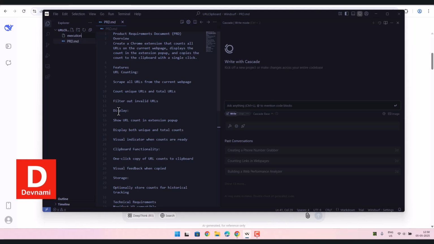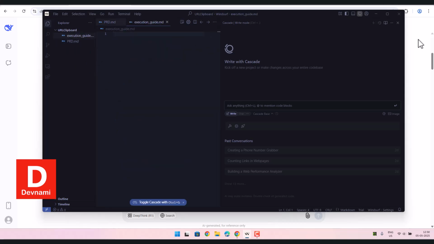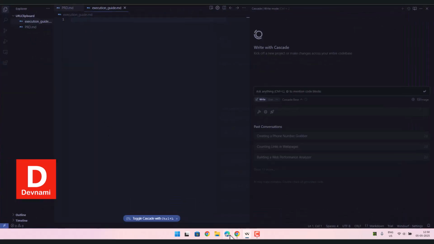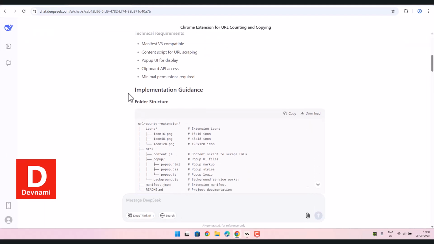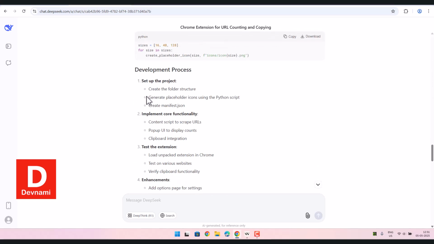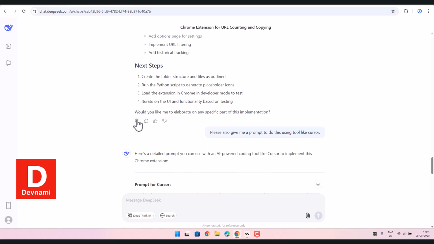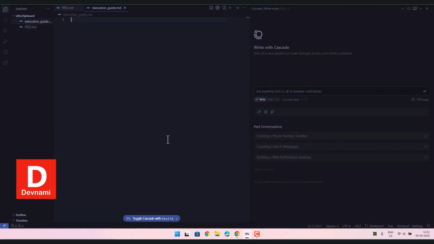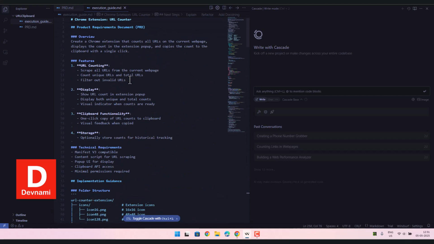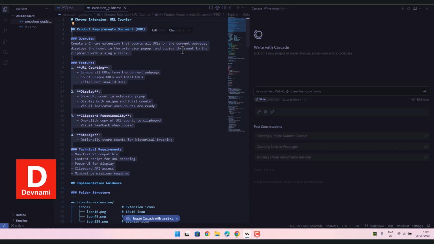execution underscore guide.md, right? Now this is where I'm going to get most of the documents pasted, right? So the document is regarding this particular implementation guidance, right? So what I will do is I will just copy this particular output and paste it here. I may have to get rid of initial non-implementation part, which is pointing to,